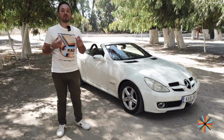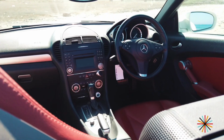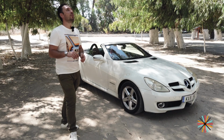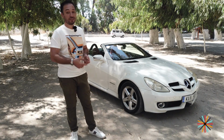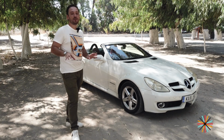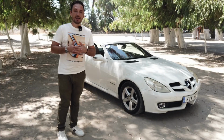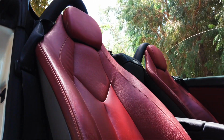The model offered generous legroom, and for my height of 1 meter 85 centimeters, I have plenty of room to drive in the car. But to be sincere, when I first got in the car, I was thinking, oh, it's too small. But after making some changes with the seats, and thank God Mercedes gives you this option, I would say there's plenty of space for your legs and for your head to drive it without any issues. I would say that the car, based on the look and the features that different models of SLK are offering,